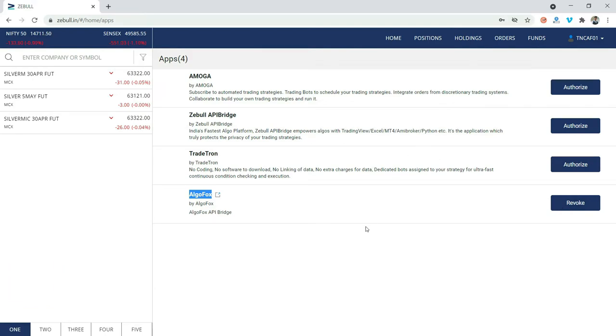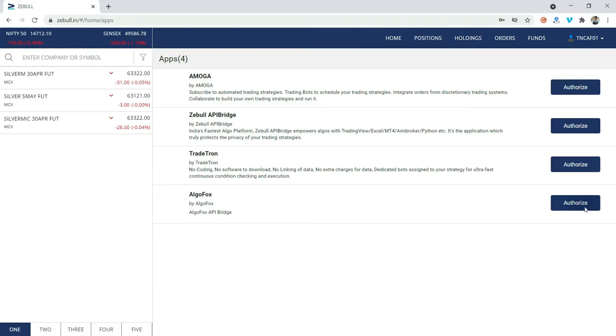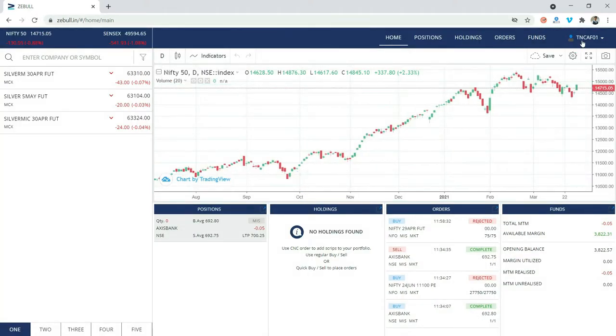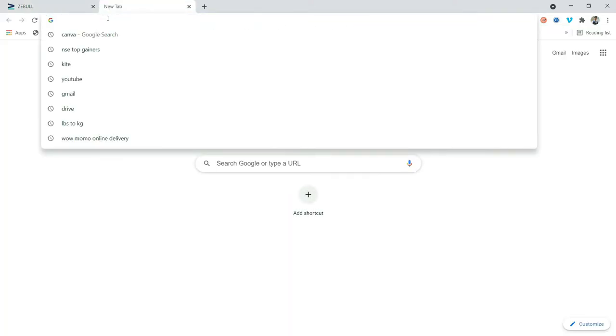And the moment you authorize any platform, it will ask you to revoke. If you click on revoke, then AlgoFox will no longer be able to connect with you. And if you click on authorize and click on proceed, that's it. Now AlgoFox will be able to place orders onto your Zebu terminal. So this is the first time that you will have to give authorization access. Once you give access, refresh, go back to your apps and check it is already authorized. That's it. Now you can go to AlgoFox,